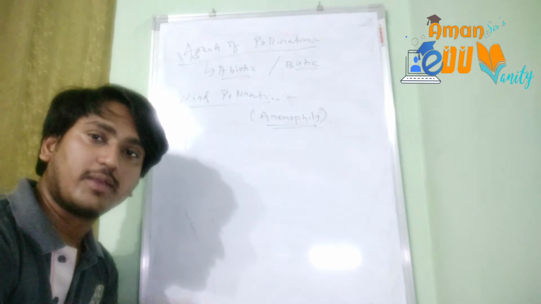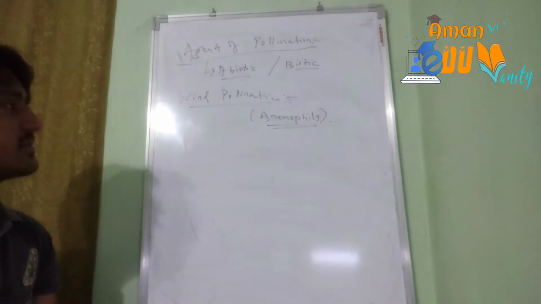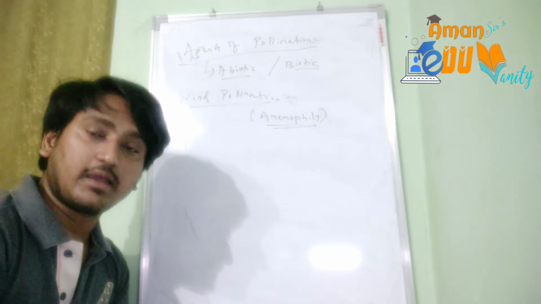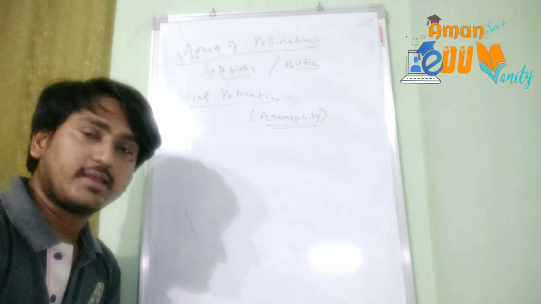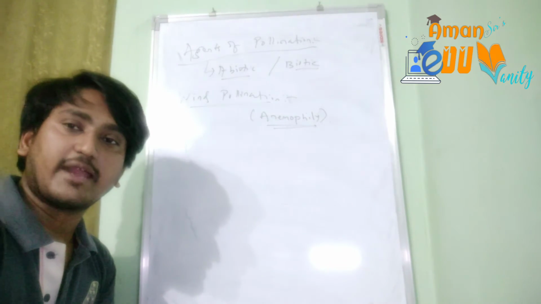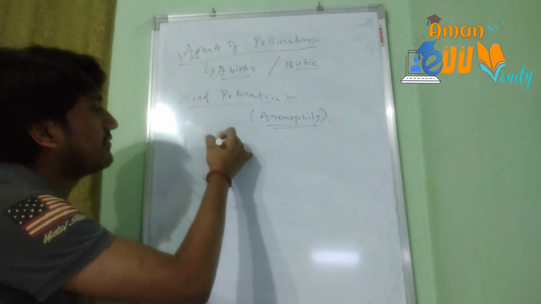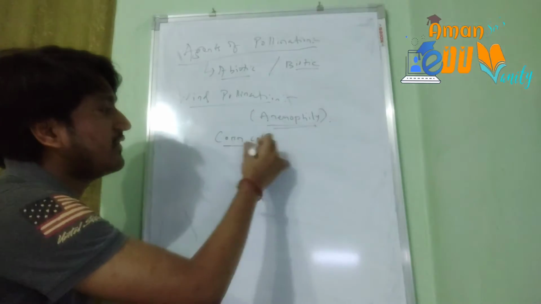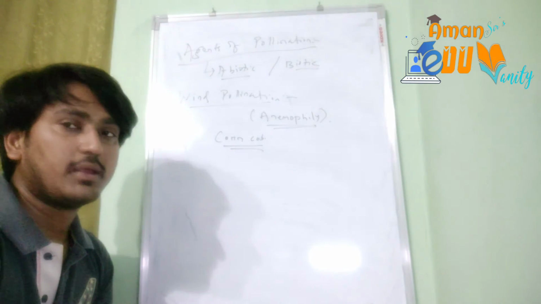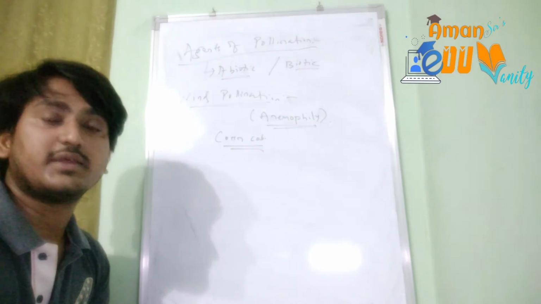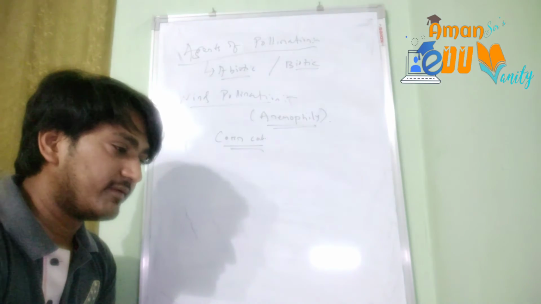जो wind में बह रहे होंगे pollens, उनको easily catch करने के लिए the stigma should be feathery. And these flowers need not be colorful or pleasant looking or attractive. Okay, so they are odorless and nectarless flowers because they need not attract any insects. Okay, and the corn cob, you all might have seen the corn cob. This is a common example of anemophily. Here the tassels which are present on the corn cob, जो hairy like structure होता है, are nothing but the feathery stigma of the corn, and they help in grabbing or trapping the pollen grains easily.